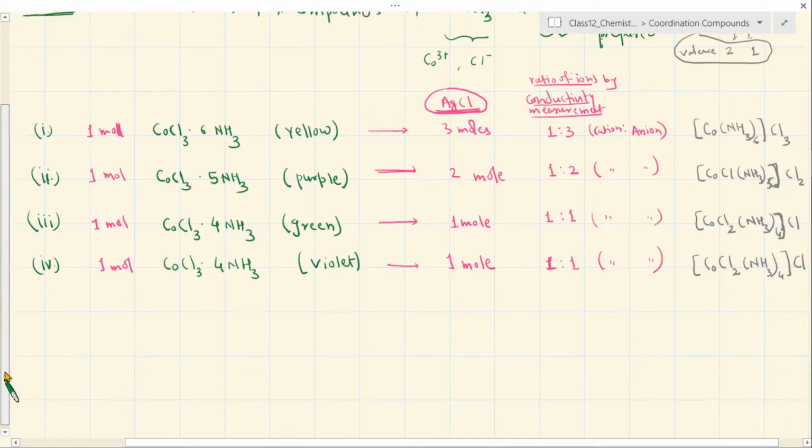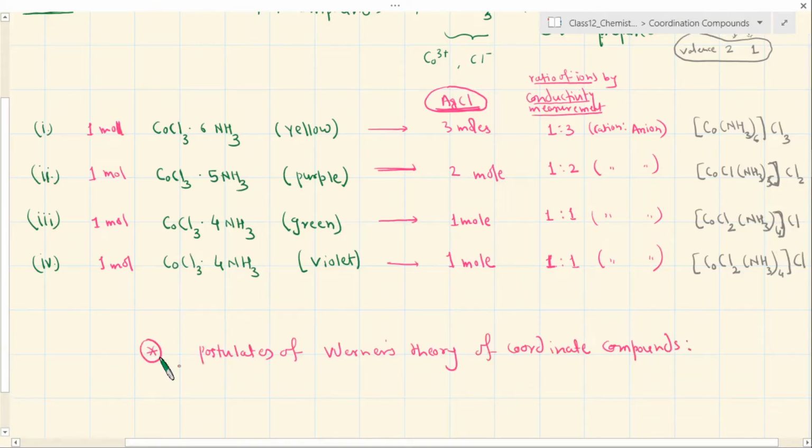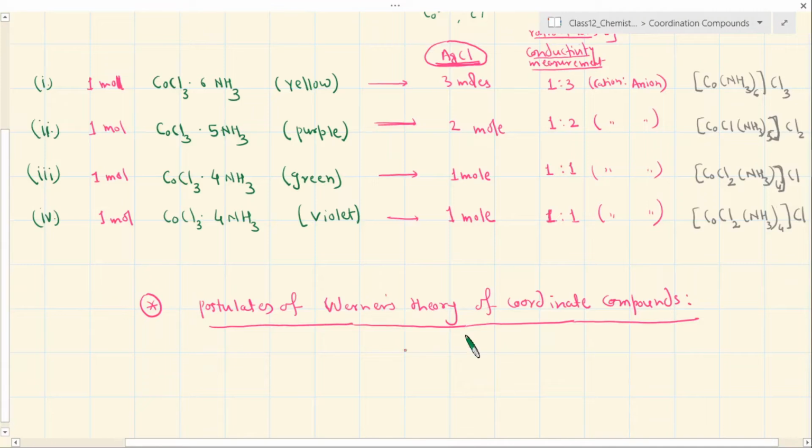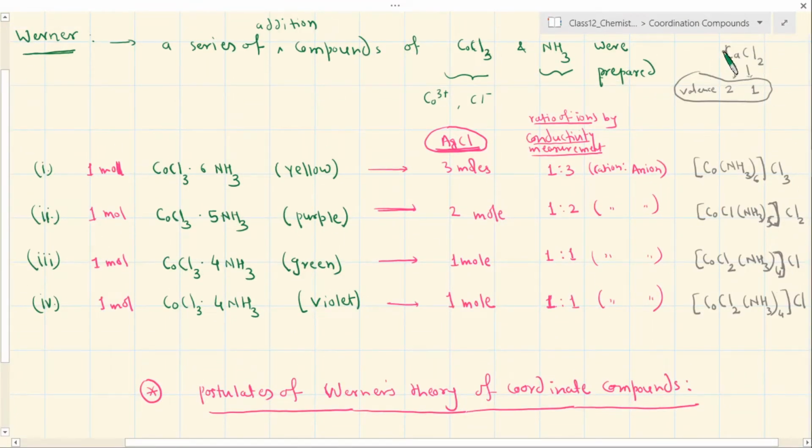What was his proposal? His proposals are known as postulates. Basically, he was the first one to explore the properties of these substances and also be able to explain why the properties of these substances are different. He pioneered this understanding. So he noted that normally when you consider any ionic salt, you consider only 1 type of valency with the metal ion, like calcium, which has only 1 type of valency in the entire salt.